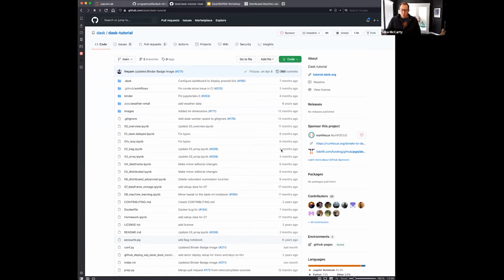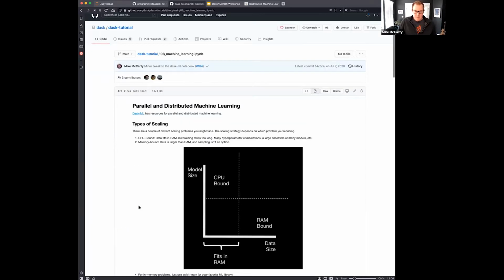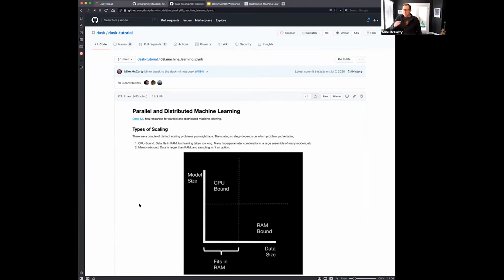So yeah, we're going to go through a tutorial that we put together. This tutorial will start where, if you've gone through the Dask tutorial before, one of the later notebooks, the Notebook 8 machine learning notebook, is at the end of the tutorial, and usually, depending on how much time we have, we kind of rush through that. So that's where we're actually going to start today, and give you an intro to machine learning in the PyData stack. We're going to go over a Scikit-learn example and talk about how you can use Dask-ml to scale that. And then we're going to walk through a couple of other examples and have some exercises